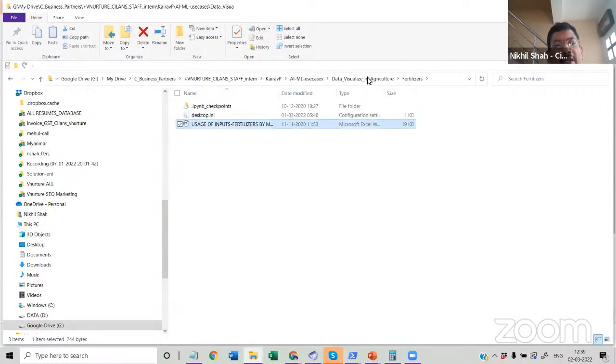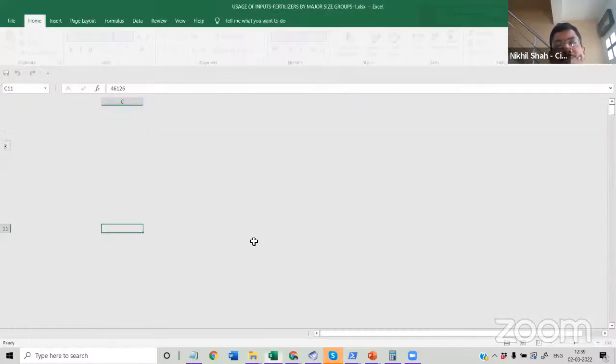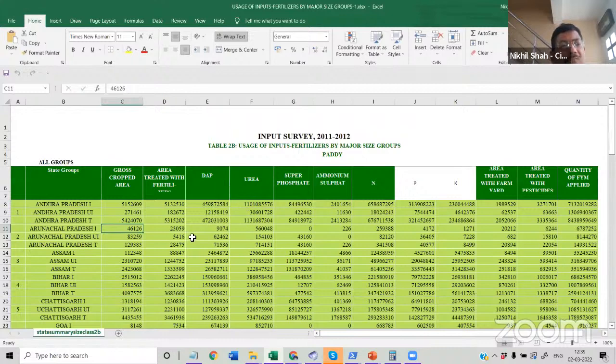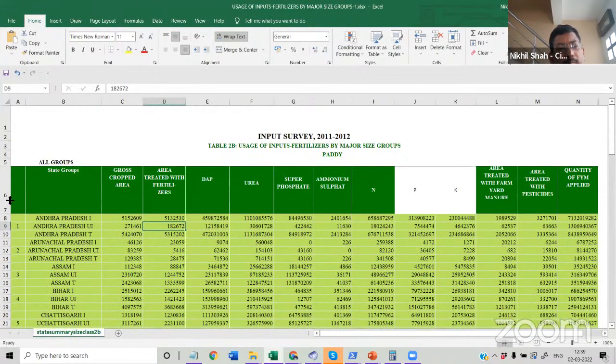So for example, this is fertilizer data. The fertilizer data, which is basically in Andhra Pradesh, gross crop area, sulfur, urea, aluminum sulfate, nitrogen, phosphorus, potassium.